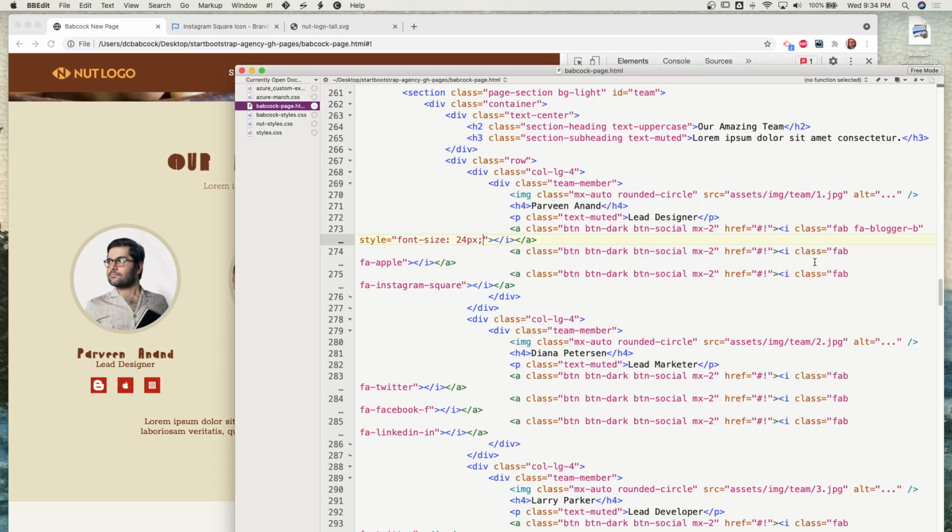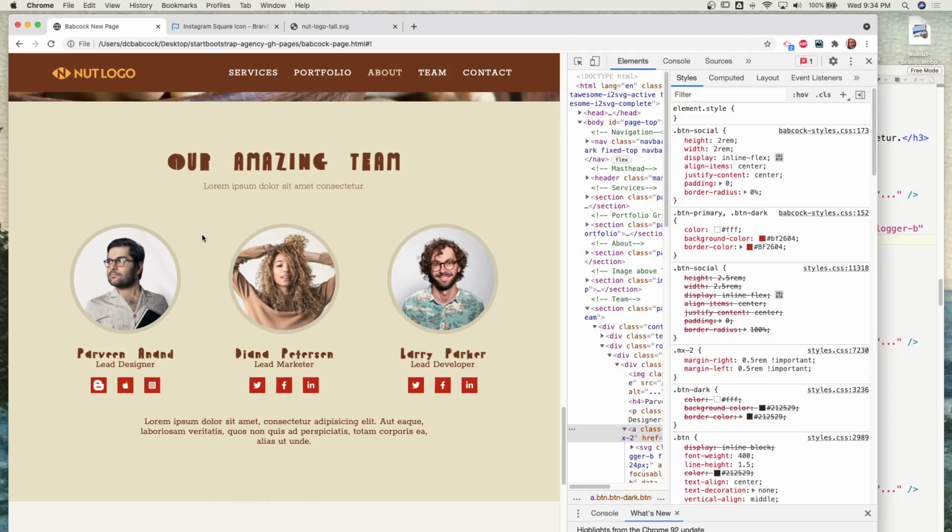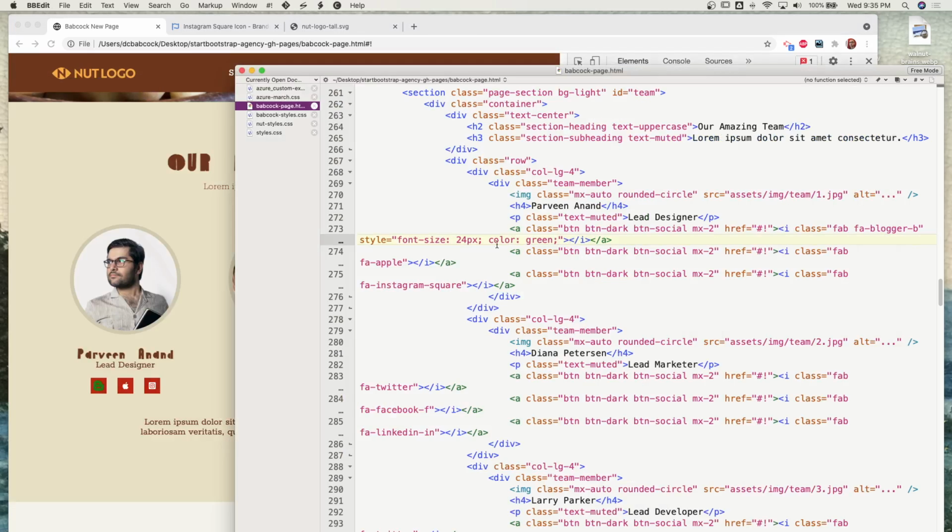Okay. It's really messy to do inline styles, but you can do that. And I could do whatever CSS I want to inside of these quotes that start in the style attribute here. So I could do color green. Okay, so I have control over it, but it would have to be done on each one of these individually. So it would be great if I could just have all